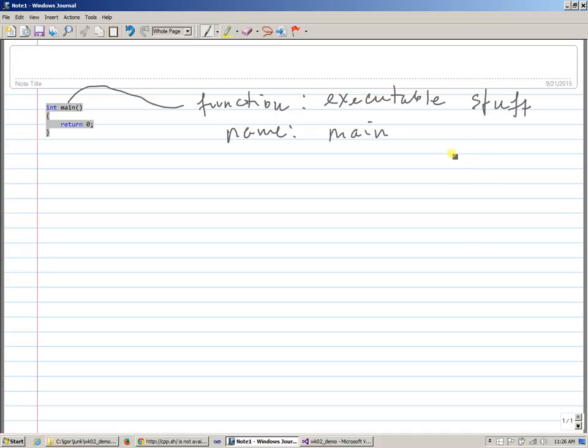So a function is basically a logical placeholder for actions, for executable stuff that you want your program to do. Another example could be create a window, display a text box, populate that text box with some value. All of these are examples of executable actions, and they have to be hosted, placed inside a